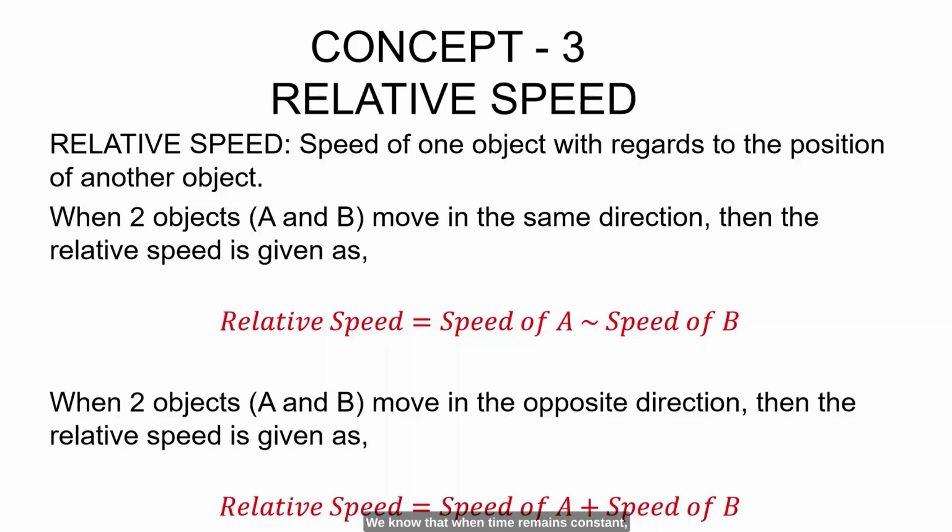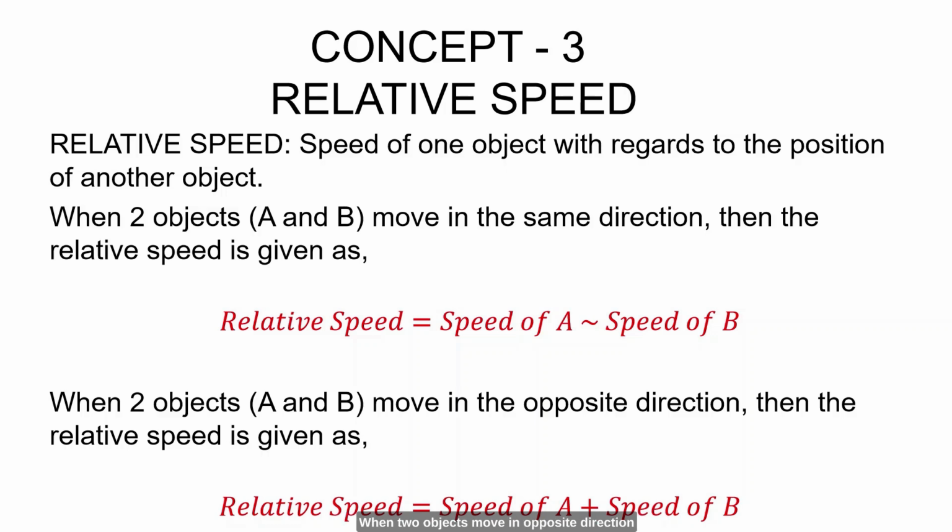We know that when time remains constant, distance is directly proportional to speed. Therefore, when two objects approach each other, the distance between the two objects decreases. Therefore, the speed has to reduce. Hence, we use speed of A minus speed of B